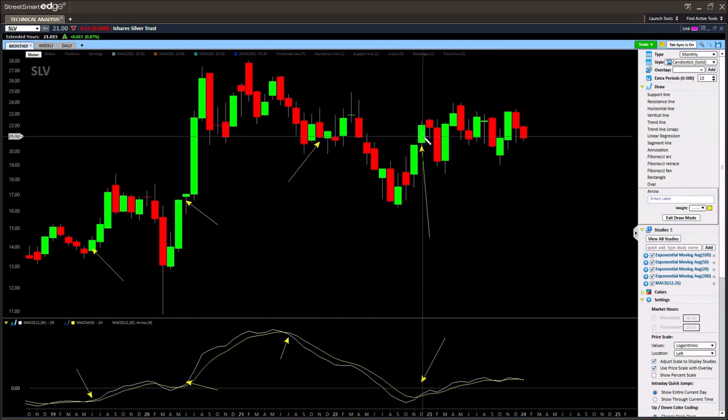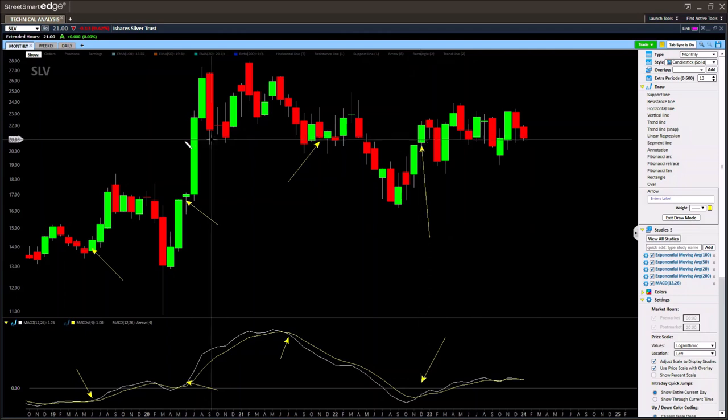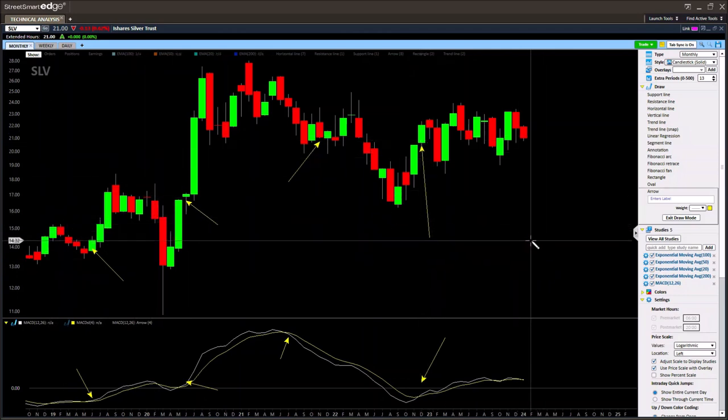And here we crossed over, and we just had one red candle. It was green, came up as high as 22.46, but closed at 21.88. So even if you bought, you still would have made money regardless. Just not a lot compared to these two crossovers. So what we learned is,